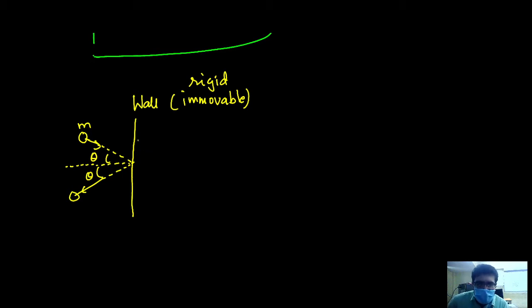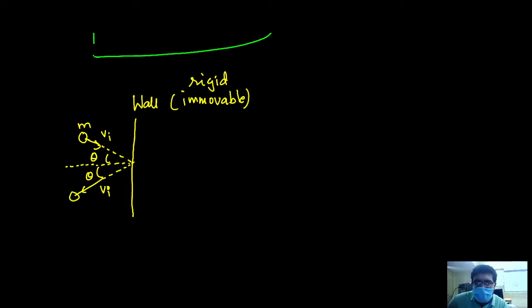So what this means is, because this is an elastic collision, you're going to notice that the speed with which the molecule was coming in, it will go back with the same speed. Only then is it a perfectly elastic collision. So I can say that for a single collision, if mass is m and speed is v_i, then the change in momentum,